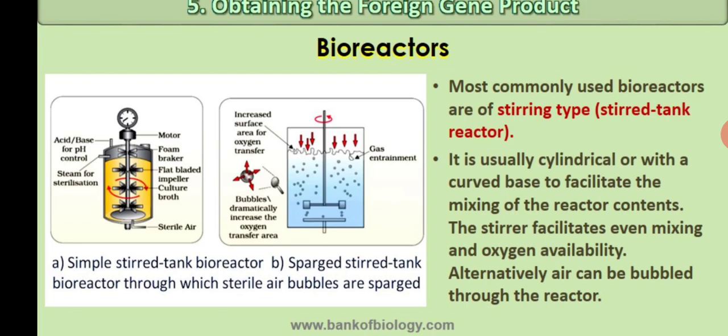Understood? Okay, these are all the parts you are observing here. You have to maintain the pH of the synthetic medium. Continuously steam can be blown to sterilize the synthetic medium. And also you have to maintain the temperature of the synthetic medium. Continuously you have to add fresh synthetic medium to the bioreactor, and used synthetic medium can be drawn from the bioreactor. Understood?